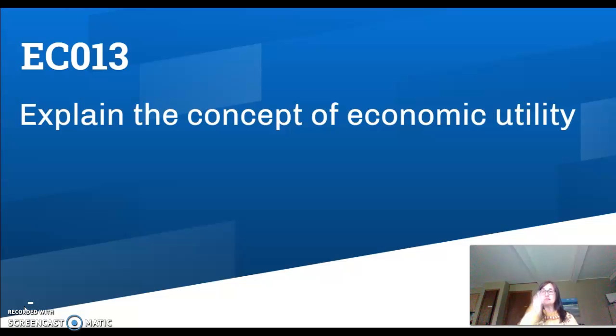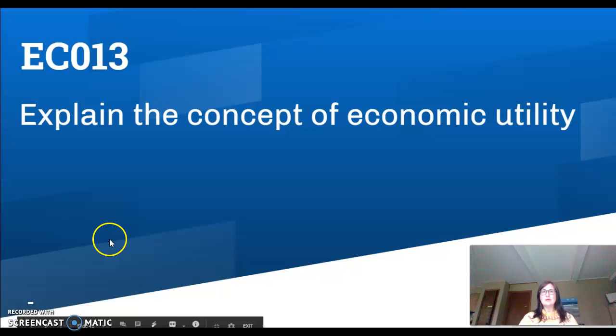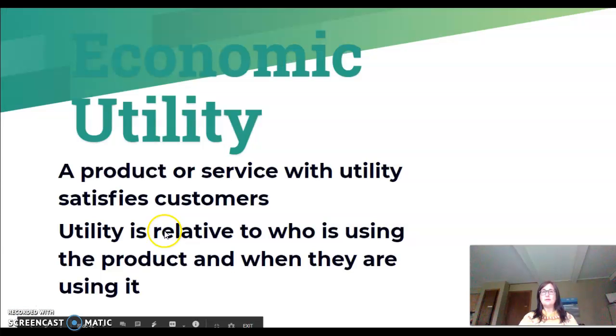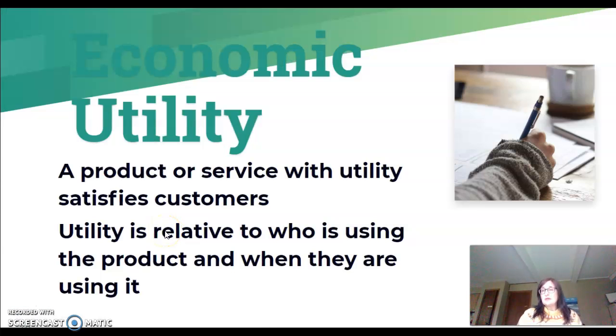Okay, so today is kind of the last part of the learning section of Project 2, and that's economic utility. This is pretty basic. So I don't know if any of you guys are in baseball, but they'll talk about in baseball like utility player. Utility player is somebody who can kind of play anywhere and